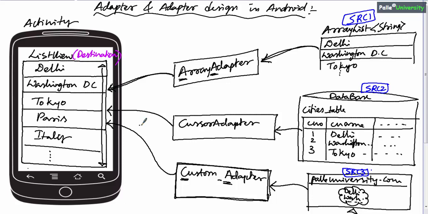As I told you already, this adapter concept is very important, not only for interviews but even for doing your projects. Before proceeding to further sessions, if you have not learned the collection framework and generics concept of Java, first go through collections and generics, and only then proceed further. Otherwise you will not understand the adapter design pattern. If you don't understand adapters, it is almost impossible to build any application. I hope you understood what an adapter view and the adapter design pattern are.